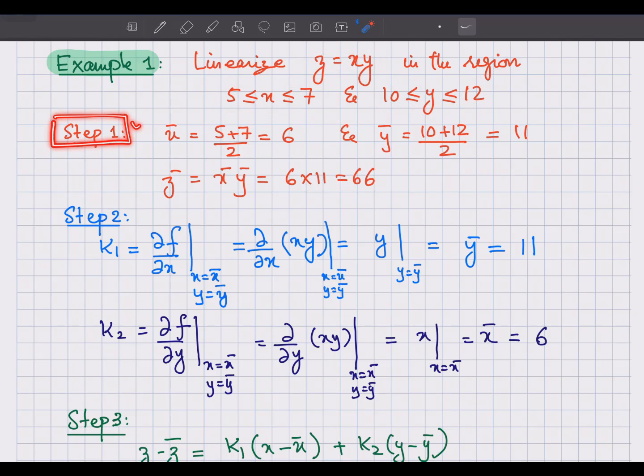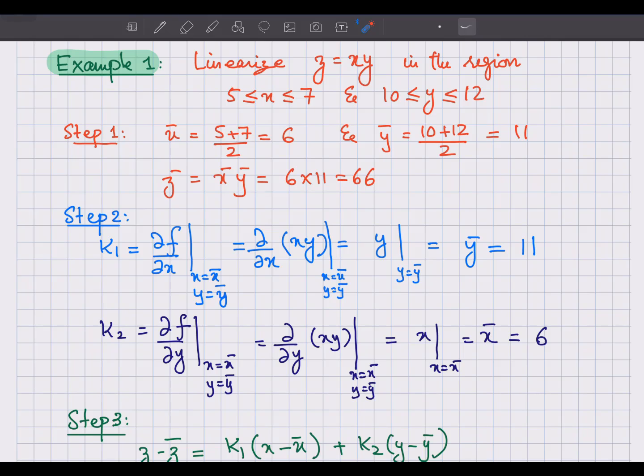First of all, we will have to find out the average value, the average operating point, that is x bar in this range, right? So x bar will be equal to (5 plus 7) divided by 2, that is 6. So we are going to linearize it around the point where x bar is equal to 6, and from this range, if I look at the average value of y, that will be equal to 11,